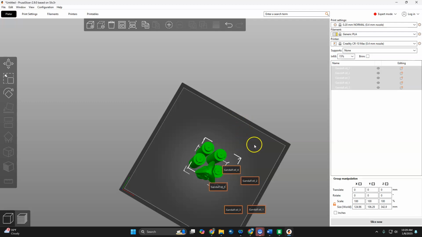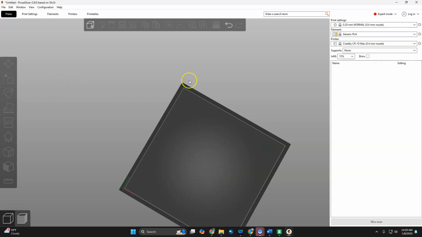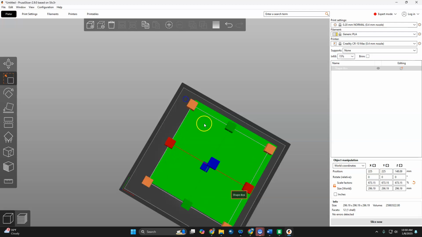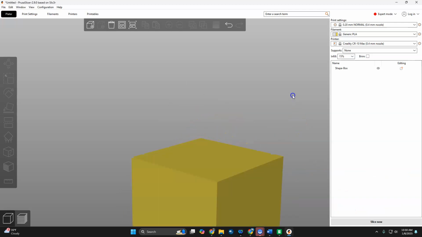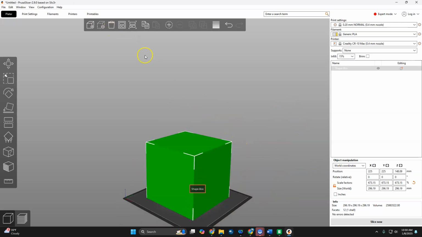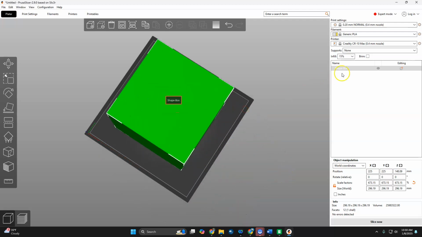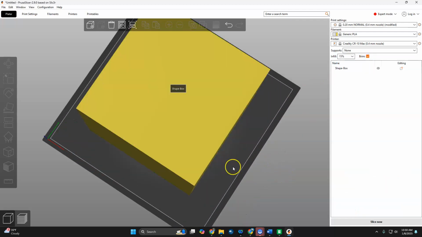And then the last thing we're going to show is if we have, let's just add another shape. Let's make a big old box. So if you had a gigantic box that were, how much is that? 11 inches wide. This would definitely, at the corners here, start peeling off the build plate, which is not ideal. But what you can do to help with that is a brim will help a little bit, but what'll really help is if we add